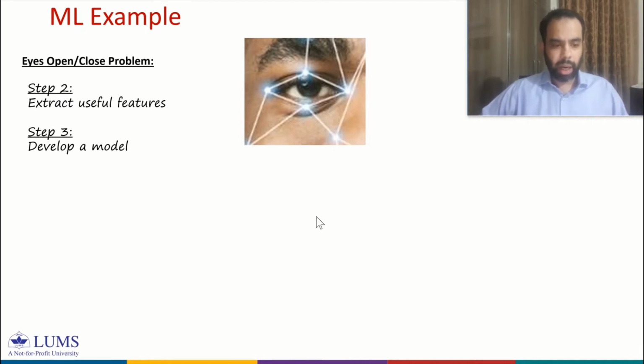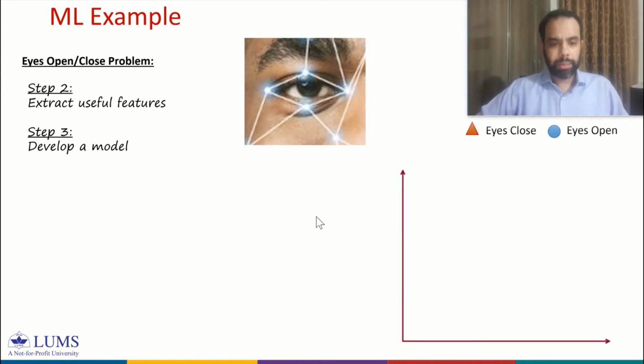Say we have a large amount of data that is labeled, and we represent that data in a two-dimensional plane. For each photo we determine whether the eyes are open or closed, right? That simply means we want to find out the distance between these 2 points. Say we take two axes. Say on x-axis we have left eye, on y-axis we take right eye, right? And we determine the distance between these 2 points,